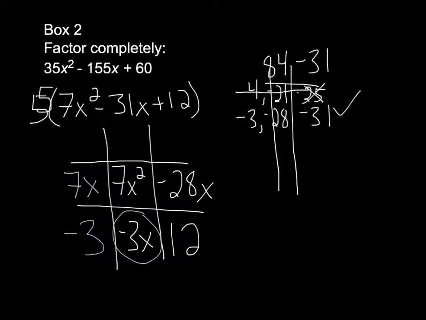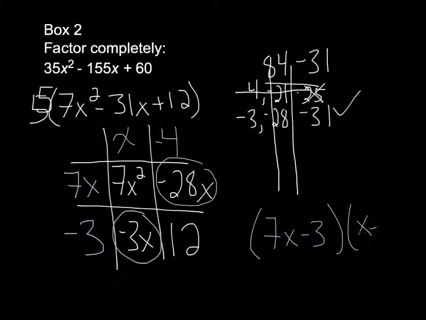Now when I come up in this column, there's no common factor, 3 and 7, so nothing goes there. But x squared and x gives me x. And when I go up from 12 and negative 28, the GCF of those is 4. And this negative 28x makes it negative 4. So we're going to get the two binomials, 7x minus 3